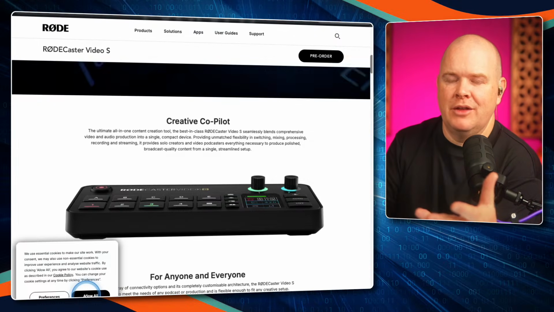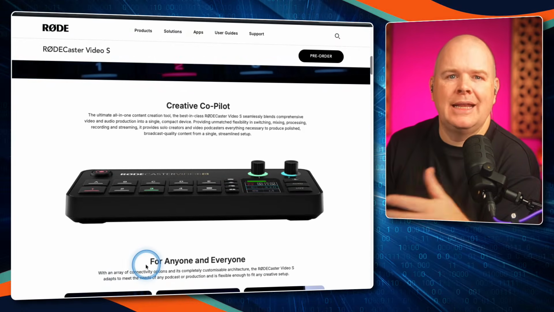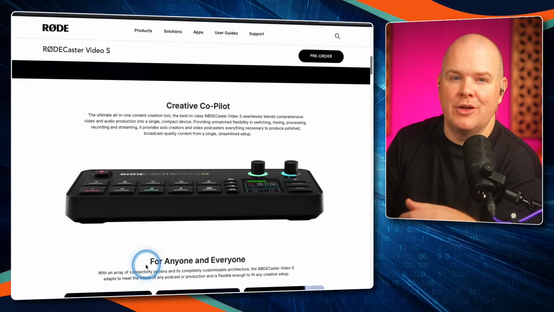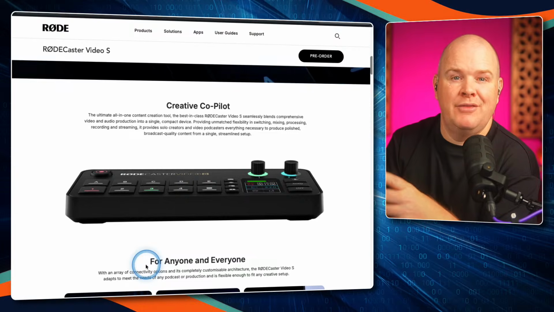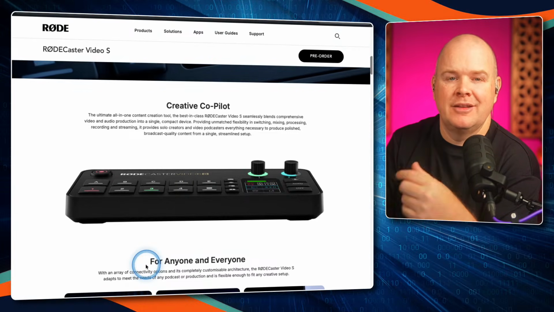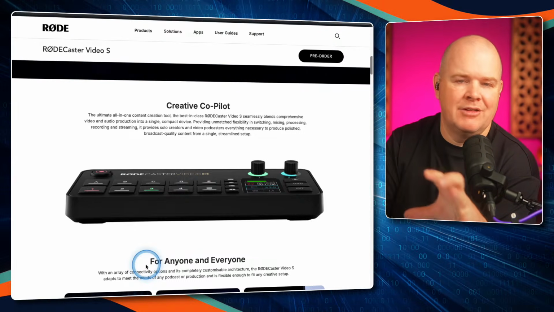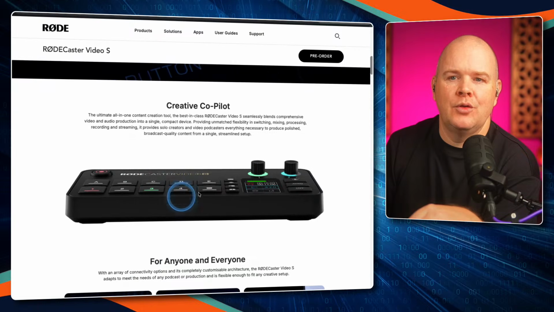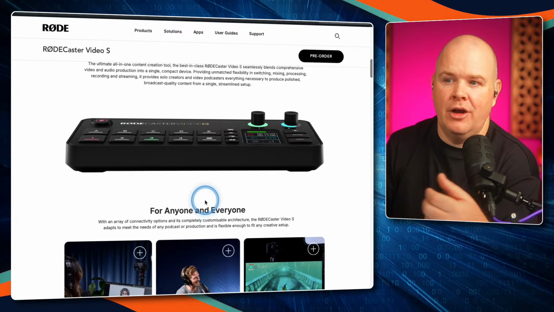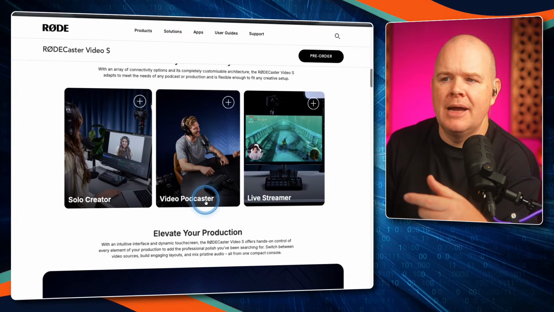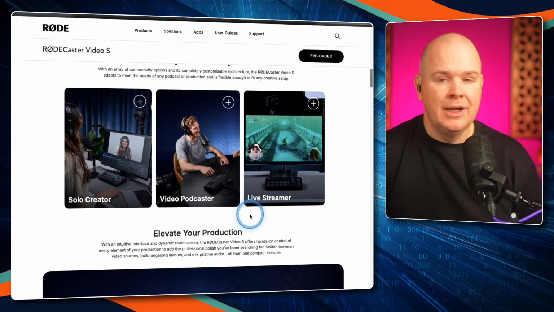I like the hardware aspect to it, which is why I use that over, for example, in Ecamm Live, we can control audio levels. You can get other software-based solutions that give you a virtual mixer on your desktop. The thing that I love about the RødeCaster Pro 2 and the RødeCaster Duo is the faders that give us that really tactile control. And so the RødeCaster Video, although it can do audio as well, and has all the onboard processing, which is great,